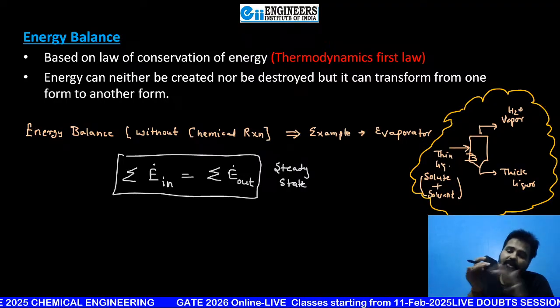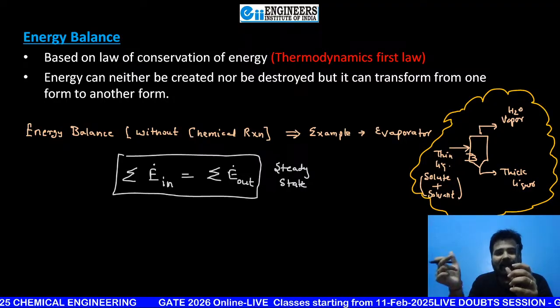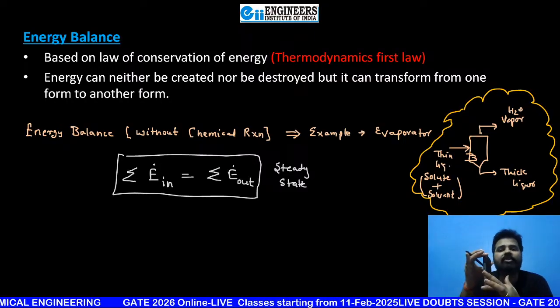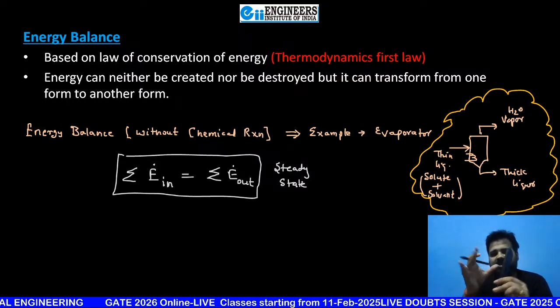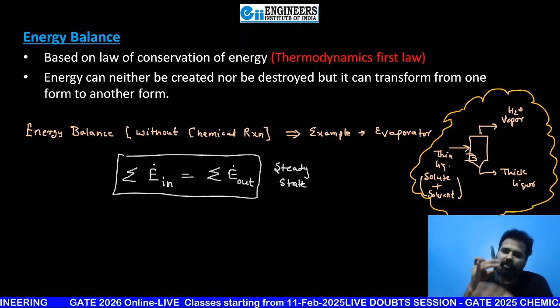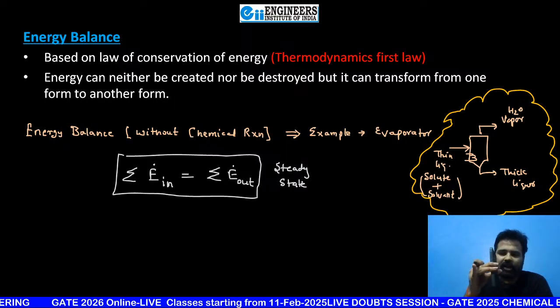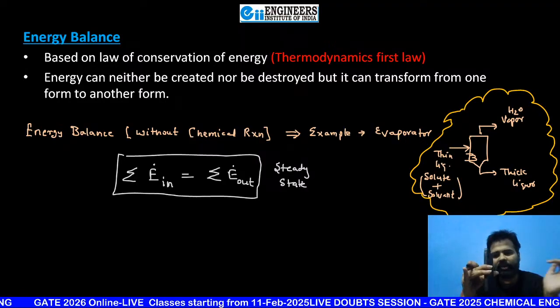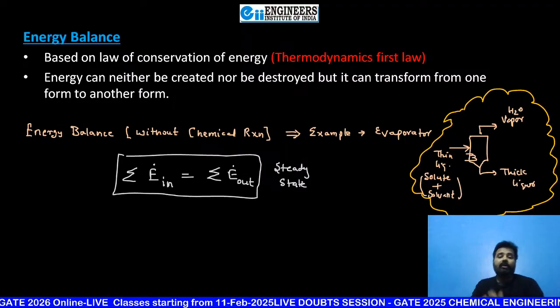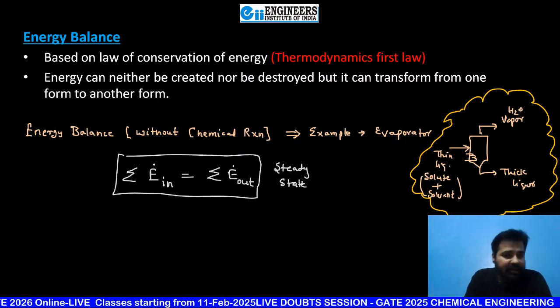Once it is 100 joule, that means 100 joule entering and 100 joule exiting, 100 in, 100 out. That means now a constant temperature distribution is there. The amount of energy this system can hold is now constant; the accumulation of energy inside this system is constant now. So the rate of energy in becomes equal to the rate of energy out. This is valid only for a steady state: in is equal to out.